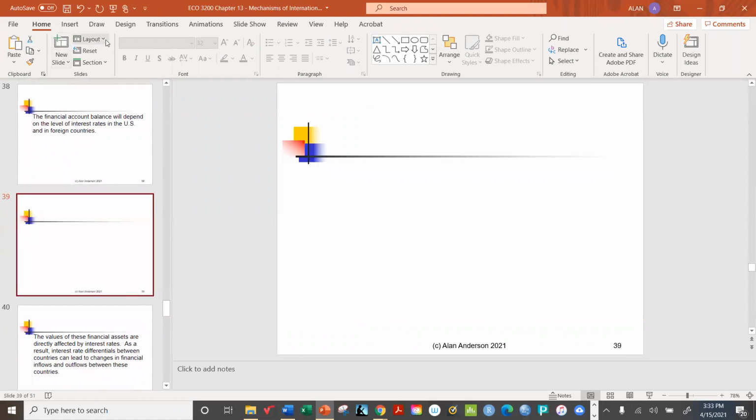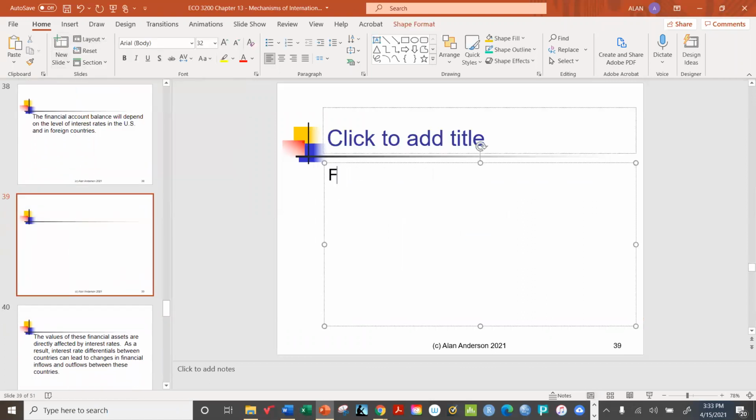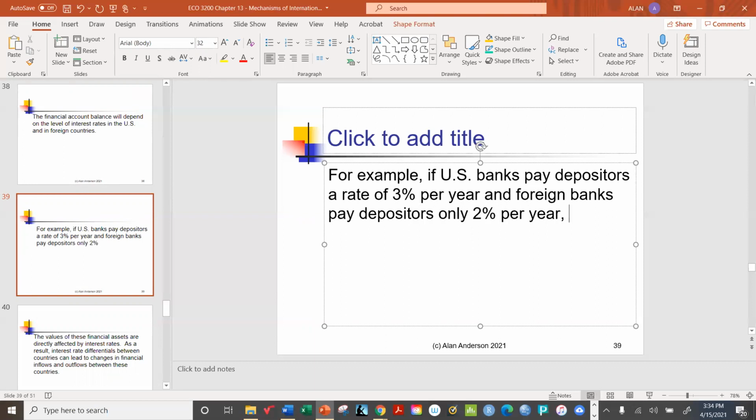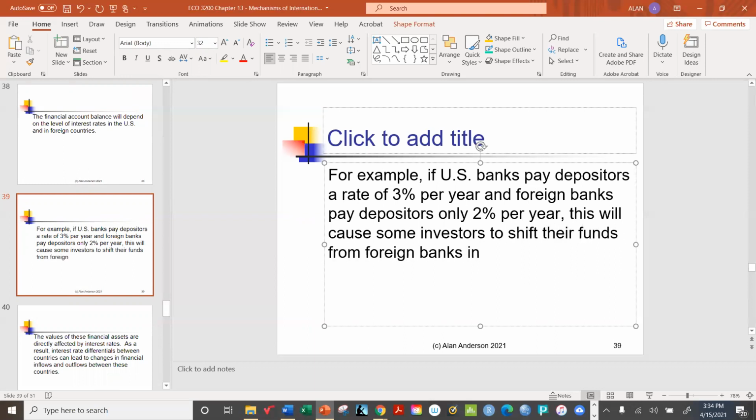For example, if US banks, just to keep it simple, we'll talk about bank accounts. If US banks pay depositors a rate of 3% per year, and foreign banks, and this means all of them, pay depositors only 2% per year, this will cause some investors, at least, to shift their funds from foreign banks into US banks